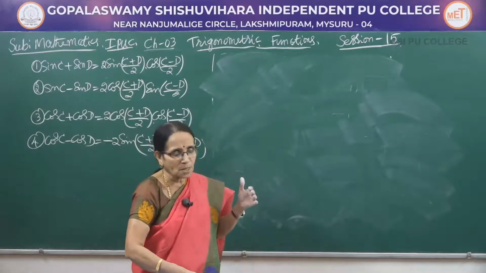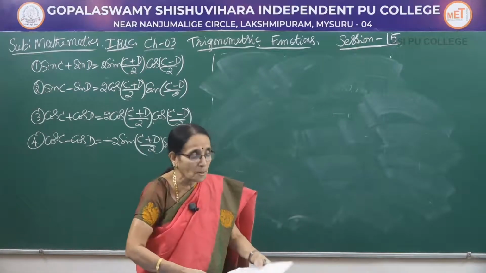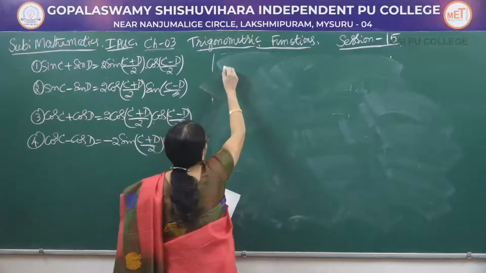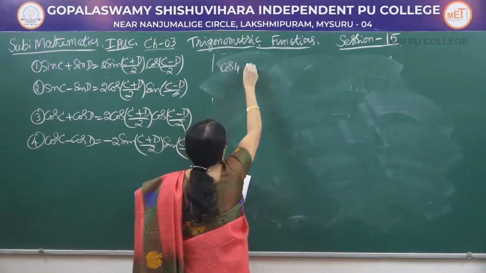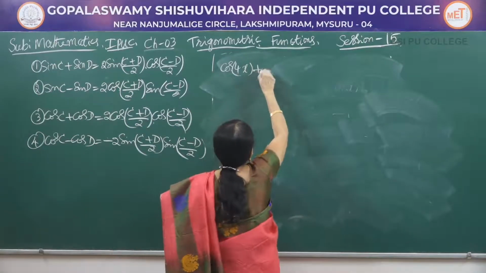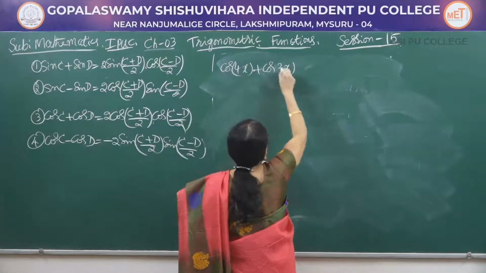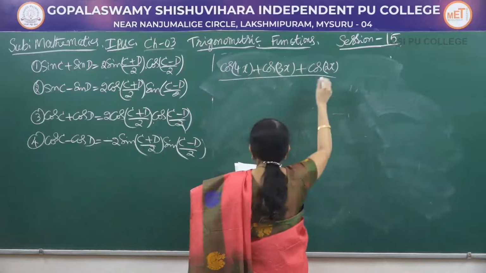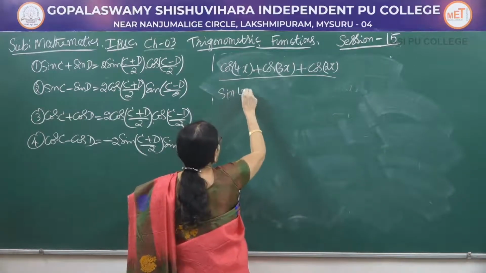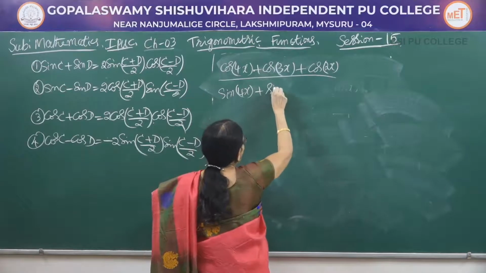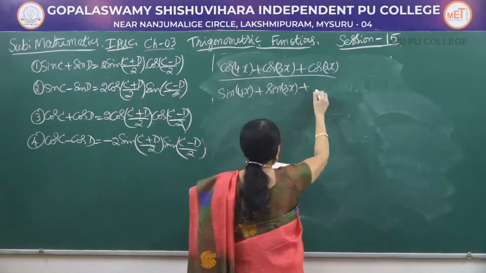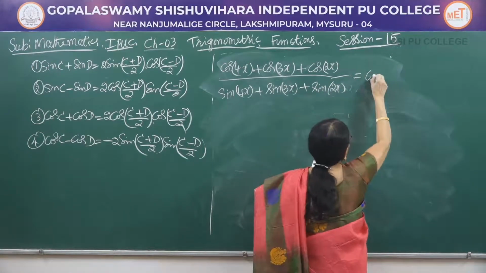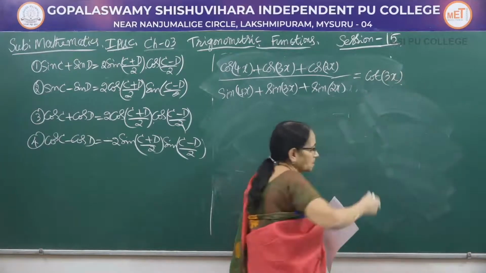But we have to solve the problem in a simpler way, because in the next problem, I am having 3 terms in the numerator and 3 terms in the denominator. So carefully you have to solve this problem. Cos of 4x plus cos of 3x plus cos of 2x, whole thing divided by sin of 4x plus sin of 3x plus sin of 2x. Now right hand side is only one term, it is cot of 3x.